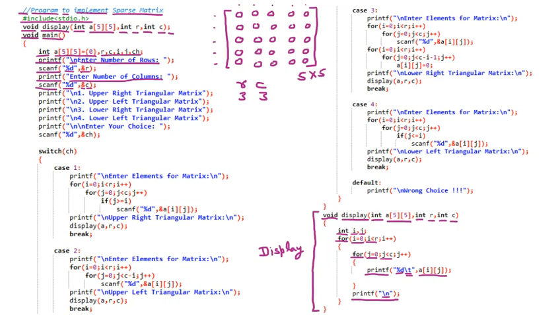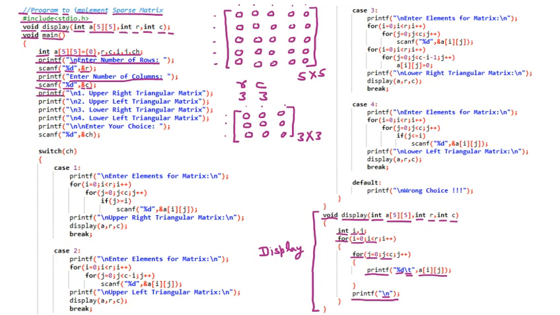This 3 cross 3 matrix is the part of this 5 cross 5. So obviously whenever we are taking this matrix, all its elements will be 0 by default. So that means we are taking this 3 cross 3 matrix: 1, 2, 3, 3 rows are there, and 1, 2, 3, 3 columns are there. So this 3 cross 3 matrix is 0, 0, 0, 0 by default because it is the part of 5 cross 5. Now afterward we are giving options to the user.